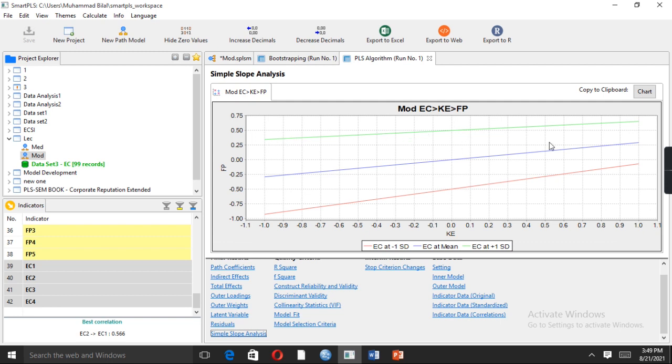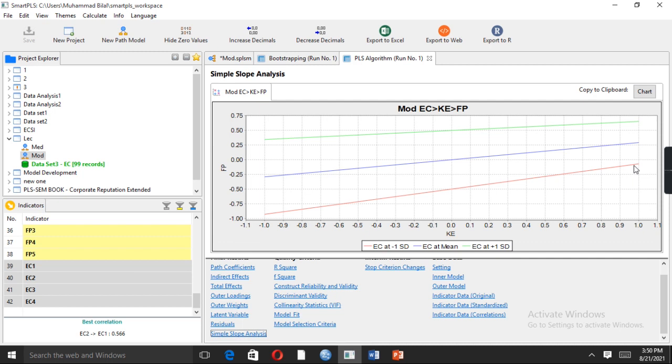However, if the value of the moderator variable, environmental consequences, decreases one step, the slope increases. This shows that the moderator variable negatively influences the relationship between knowledge exploitation and firm performance, such that the impact of knowledge exploitation on firm performance increases.